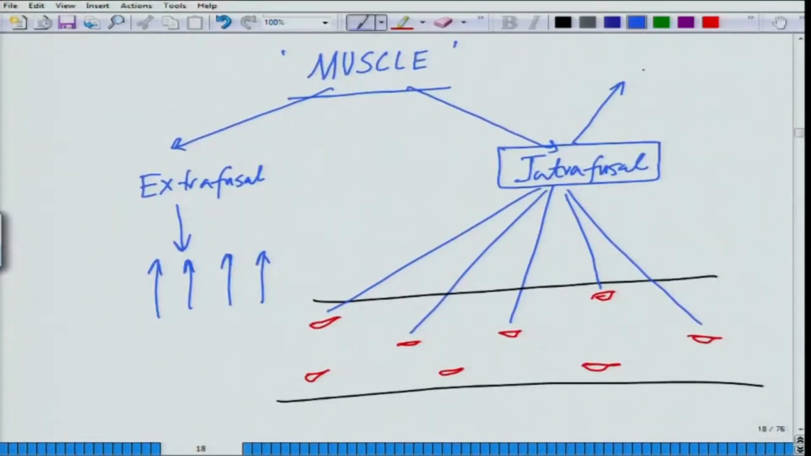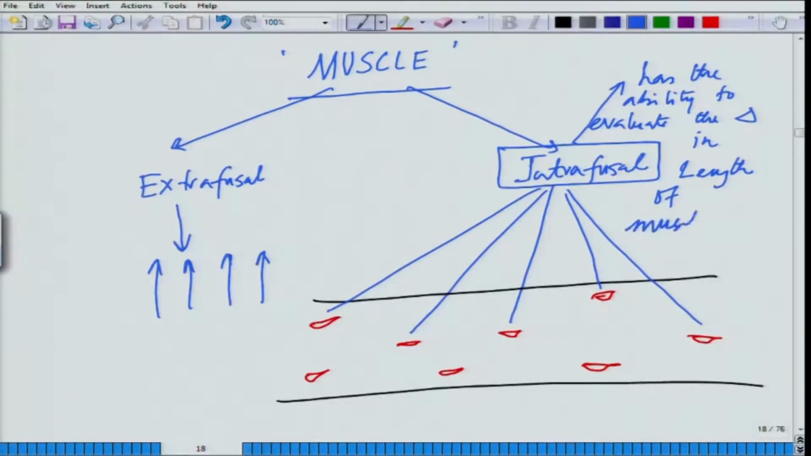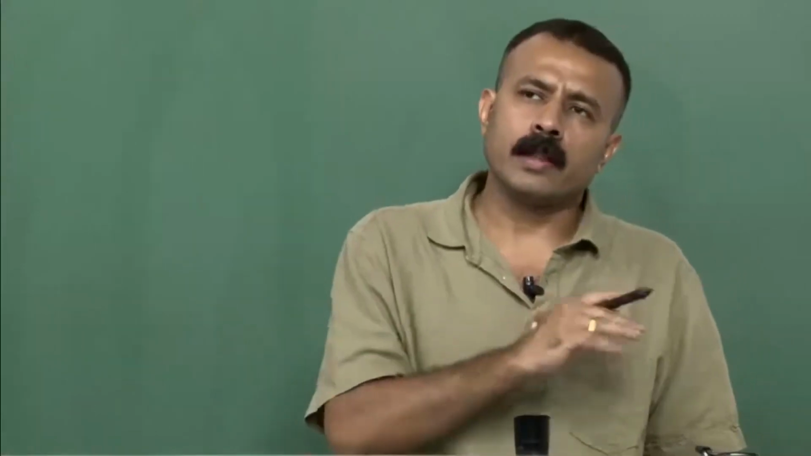This intrafusal muscle has the ability to evaluate the change in length of muscle. So, these are the intrafusal fibers, but how are the muscles formed and what determines that some of the muscles will be intrafusal or some will be extrafusal? In order to understand that, we have to take a slight detour to understand how the muscles are exactly formed in our body, and that will cover us